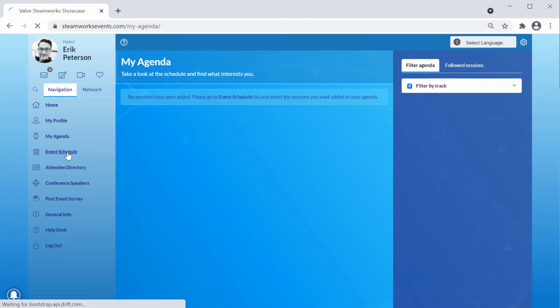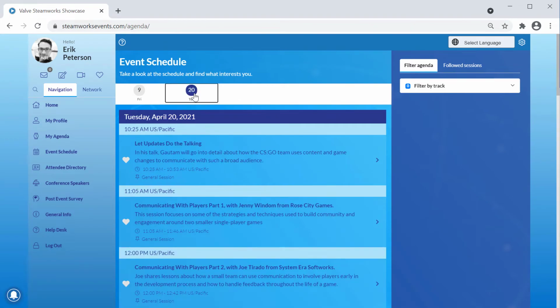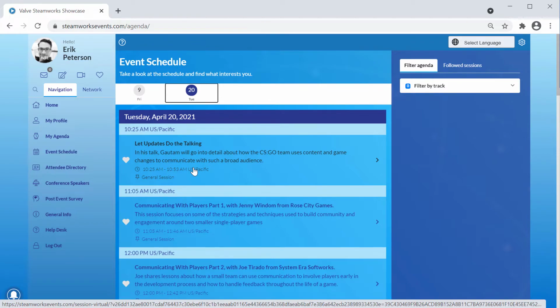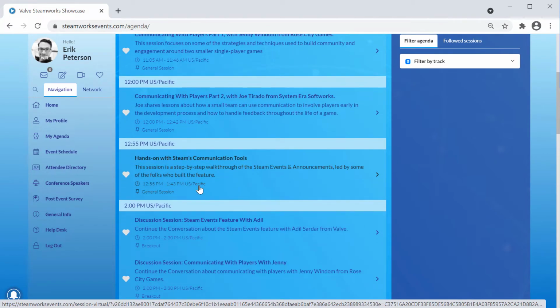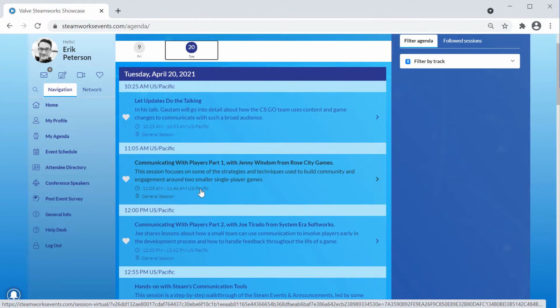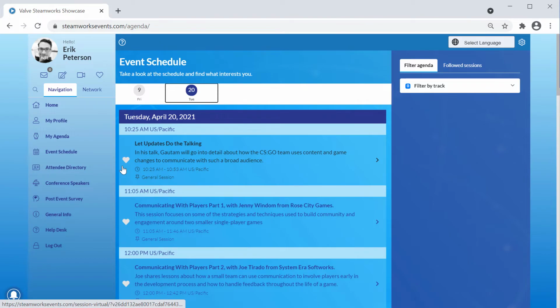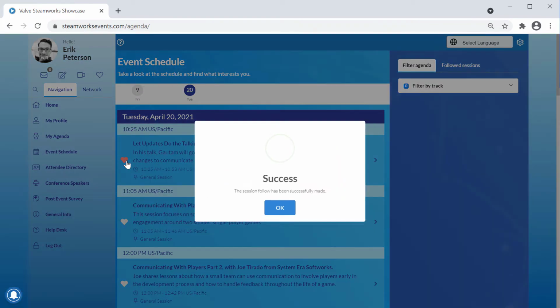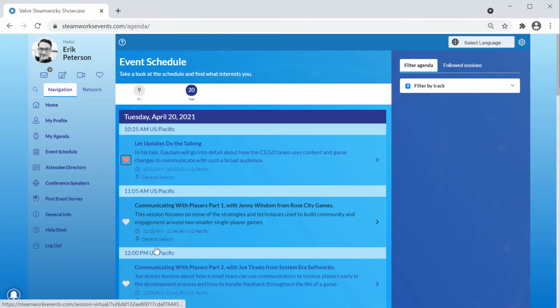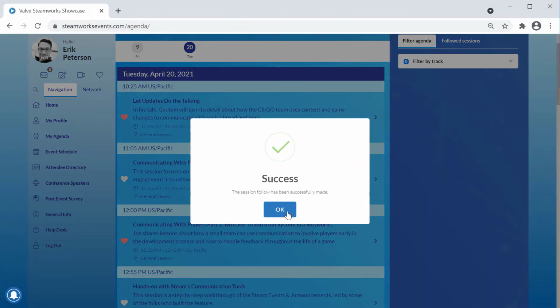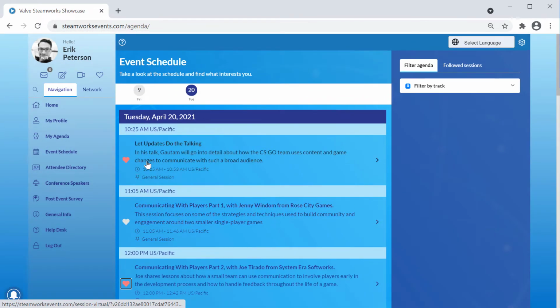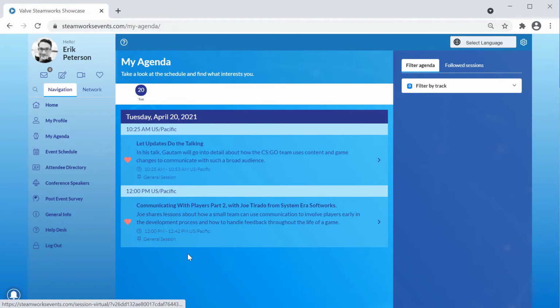So we're going to click on Event Schedule, and you can select the day that you are attending. And you'll see immediately that there are a number of events in this list. And those events are broken down between general sessions and breakout sessions. So I'm going to select a number of general sessions that I want to attend and follow, by clicking this heart icon. So I'm going to select just 2 events here and follow those. And once I've done that, if I go back to my agenda, I will see them on my agenda. If you have notifications enabled, you'll be reminded when a session that you followed is about to begin.